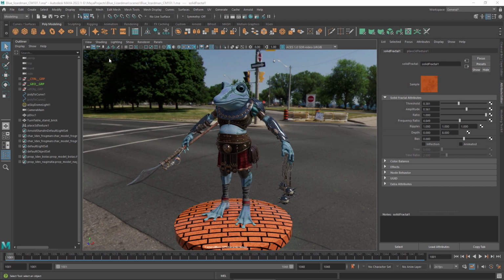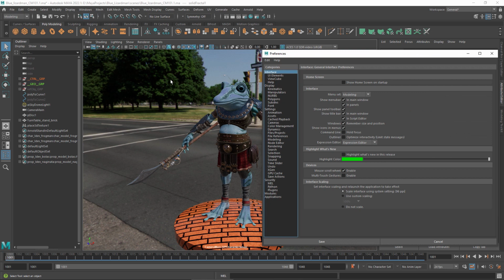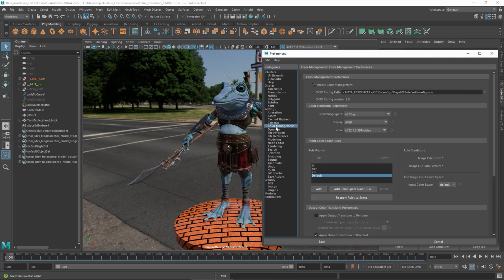Starting with Maya 2022, the default settings for color management in new scenes is based on ACES, the Academy Color Encoding System. The new defaults are a better fit for modern color workflows, but they behave quite differently from the old settings. You can still revert to the legacy defaults, but first let's look at why the new settings are